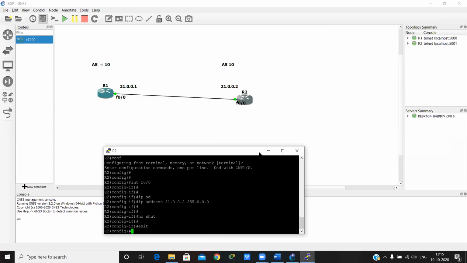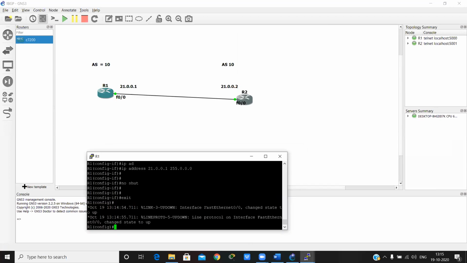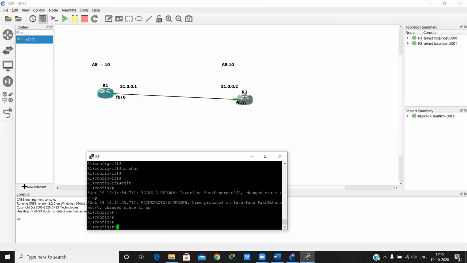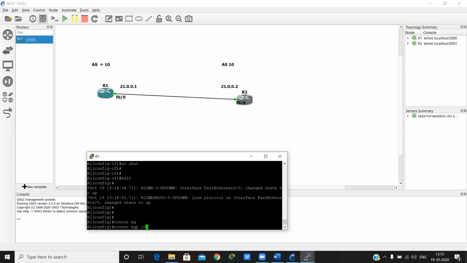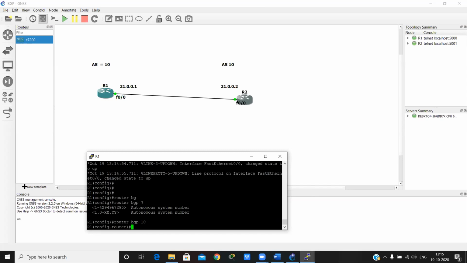Okay, so how do we configure BGP? First, go into global configuration mode and run the command router bgp 10. Here we give the AS number, the autonomous system number, so I give 10. In all the previous protocols we learned, RIP, EIGRP, and OSPF, we always gave the network.